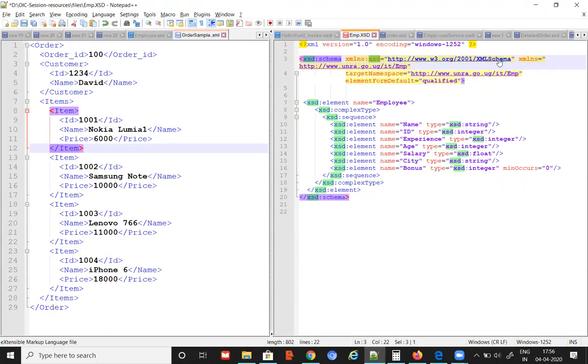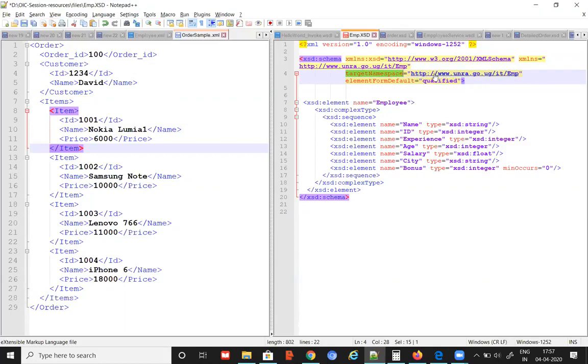Every XSD has its own target namespace, or it can be part of a target namespace. You have to define some target namespace. Even for this XSD, you are defining a target namespace. So the employee XSD that I'm defining here will be referred to using this target namespace, with the value I defined here.